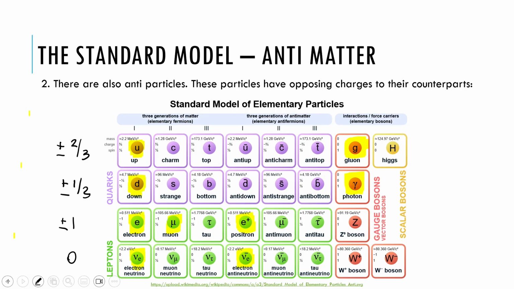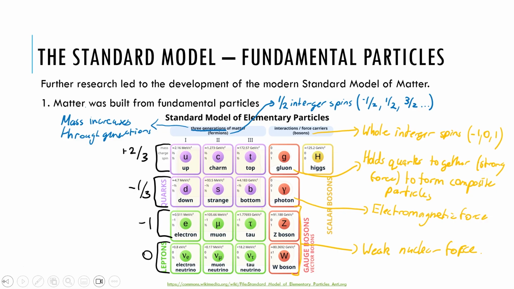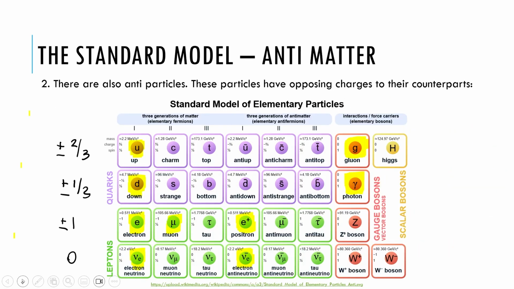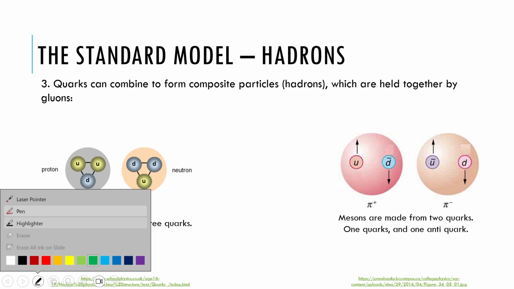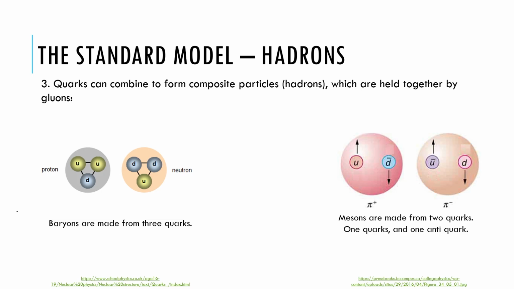So far within the standard model, we've identified that matter is built from fundamental particles, some of which are antiparticles. And when we form these composite particles, we form what we call a hadron. And these are held together by gluons. The gluons, again, are force mediator particles, which exist within, say, a proton, a neutron, or some other hadron. And they hold together the quarks that compose them. So in the diagram that's here on the left, each of these little bonding lines are actually representations of the gluons. An alternate diagram for a proton may look like this.